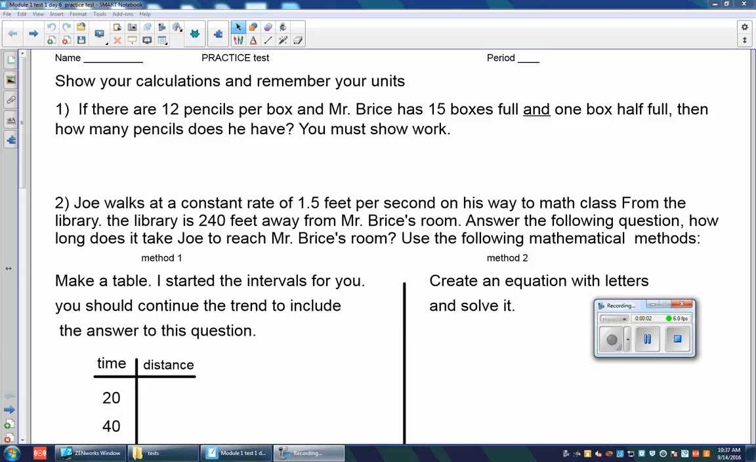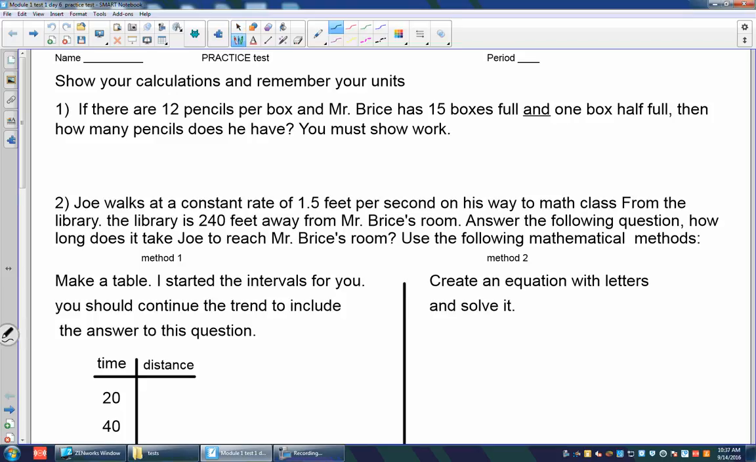Well, you made it full 1 week of school. This is going to be your first test on Friday. It's actually the practice test. And question number 1. If there are 12 pencils per box and you have 15 boxes full and one half